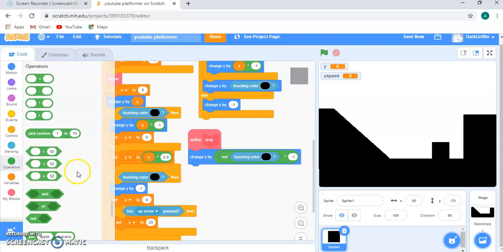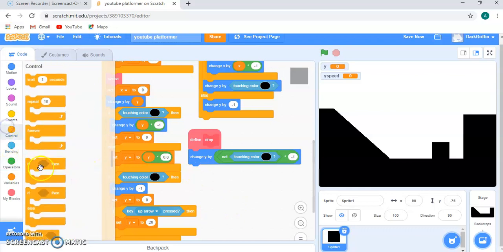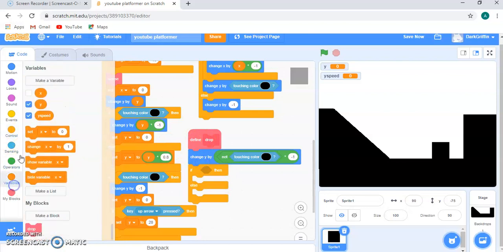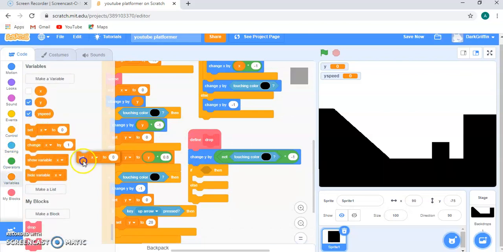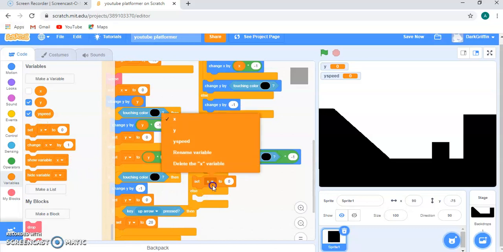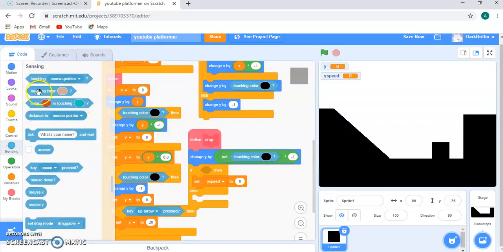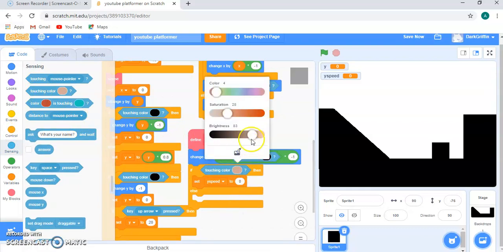We want to put in an if then else block. Set y speed to 0. Oh, forgot to put in the touching colour black. So just